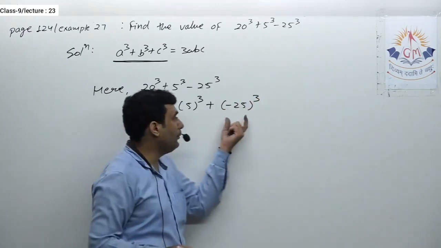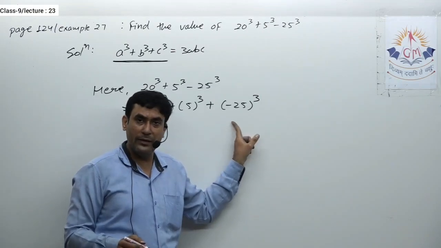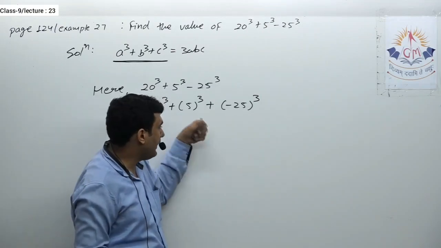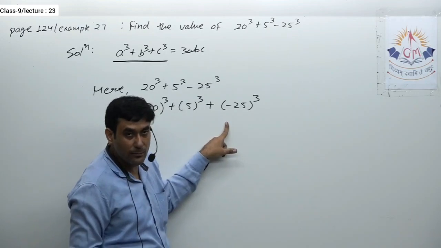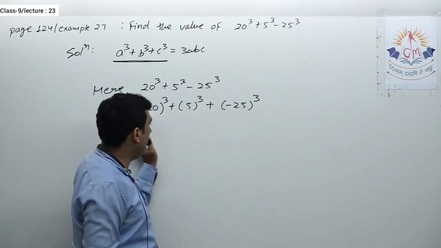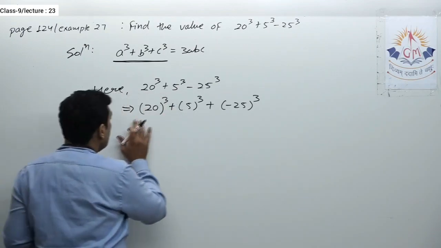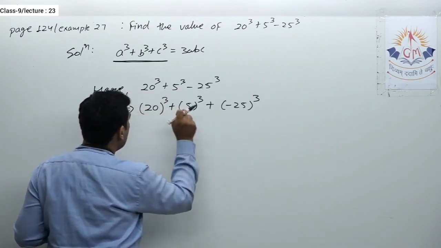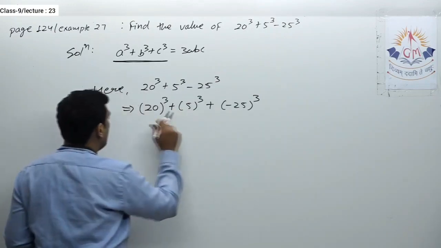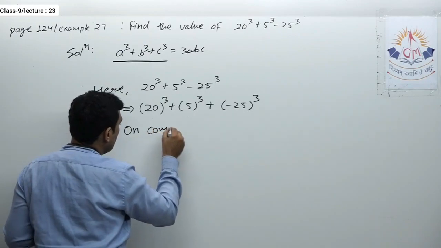Even if you make the cube of minus 25, whatever is the value, definitely the sign will be negative, and that positive sign ultimately becomes a negative sign. That means whatever is given is the same if I write it in this way. Now here definitely we can say A equal to 20, B equal to 5 and C equal to minus 25. So now on comparing